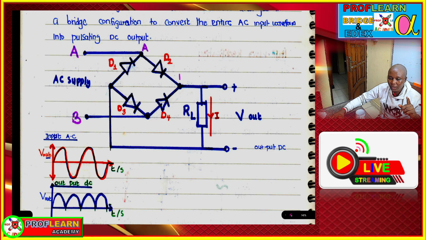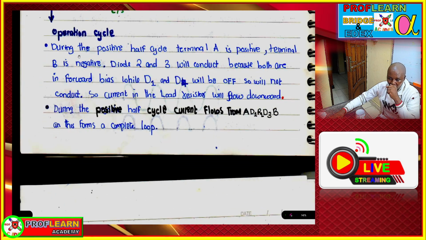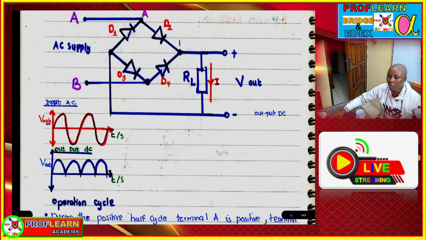When B is positive and A is negative, current will pass point B, go through diode 4, then it will go through the resistor, go that way. D3 will be in reverse bias, so current will not pass D3, it will go to D1 and then go back like that. So you realize that current is always flowing in the same direction in the load resistor,